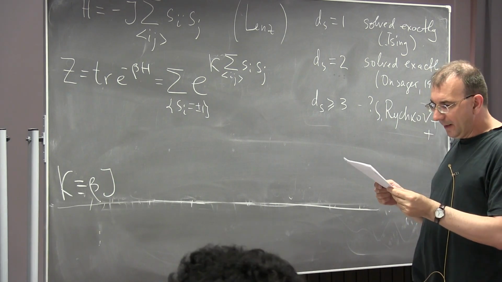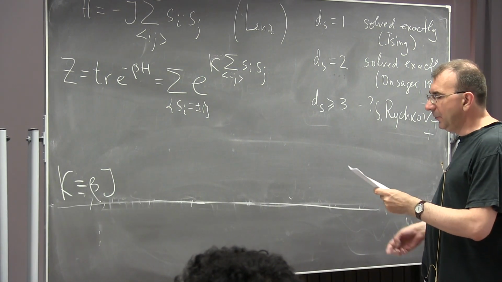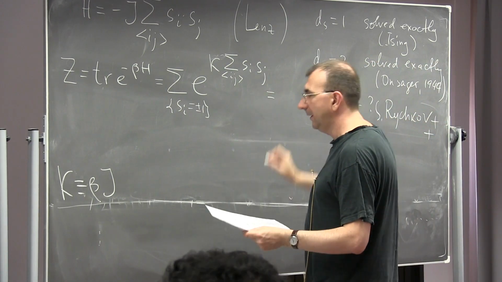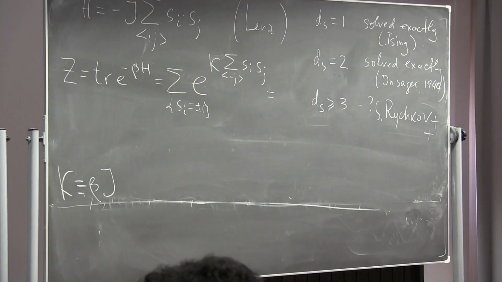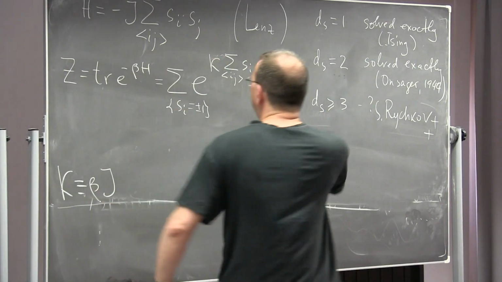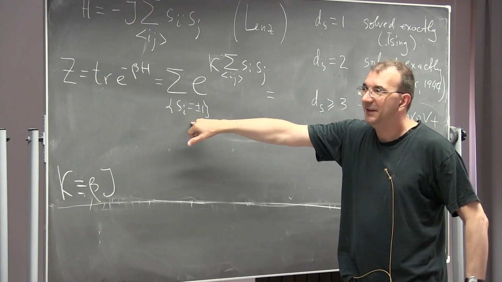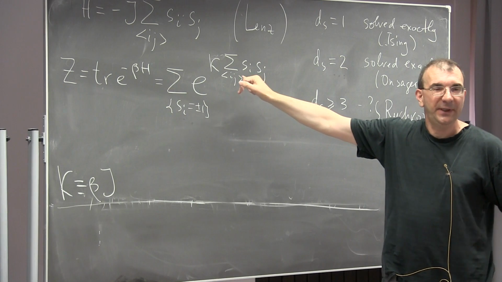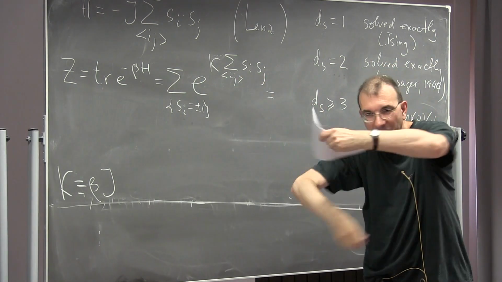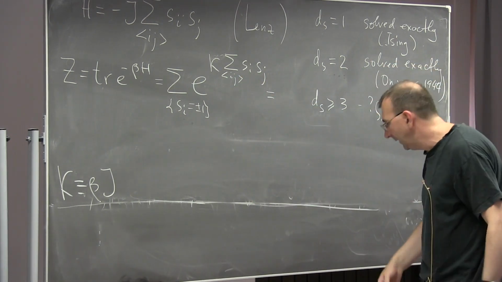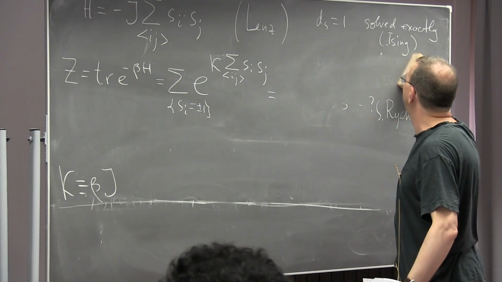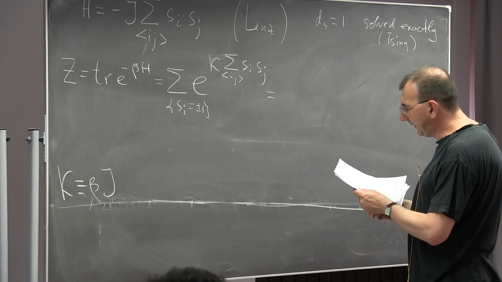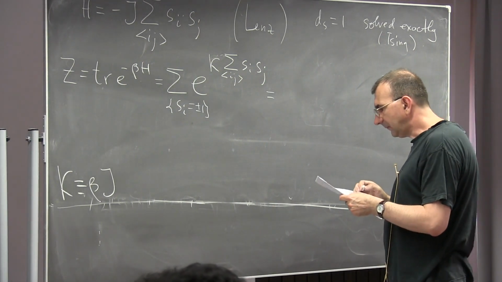But the moral of the story is that you can rewrite this partition function, changing variables. You sum over all s, just like in the integral you integrate over all phi, and therefore these s's are not secret. You can change them to any other convenient variable, if it allows you to compute the sum or simplify your expression. And this is exactly what Kramers and Wannier managed to do.